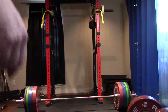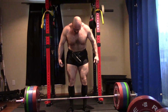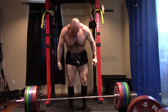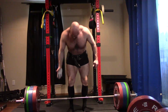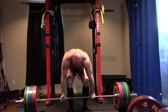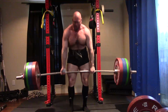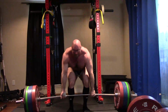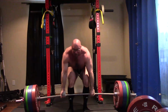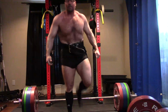You could make the argument that we could actually get pretty good results on less volume. And that's the other end of it: some of the exercises that don't have the most amazing stimulus to fatigue ratios, you get a hell of a lot of muscle growth out of every set on them. You can get away with a lot less total volume. So really what it comes down to is, what is it that you're trying to get out of your programming? Which direction do you want to approach it from? And in this case, I don't think that there is a real middle ground. I would say that what I'm saying now is the real middle ground, saying, hey, minimalism and minimum volumes are probably not ideal,